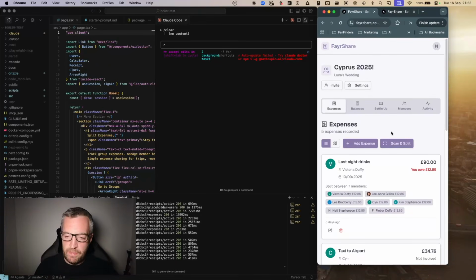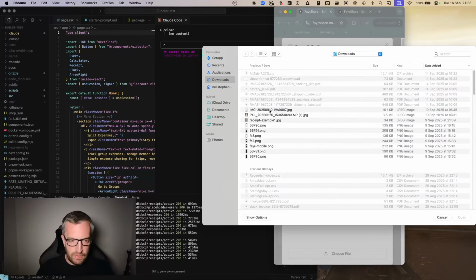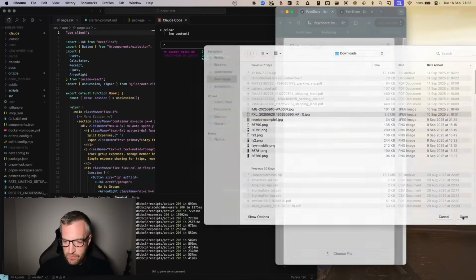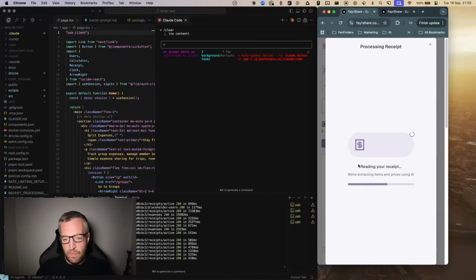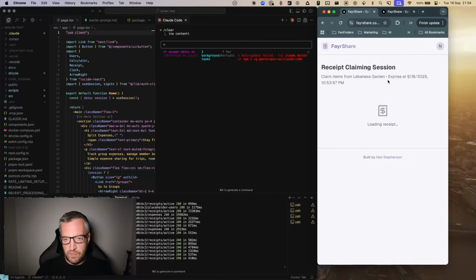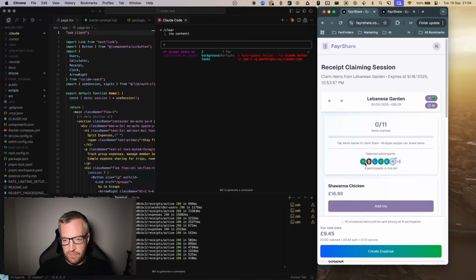I'll just run through one of the features I built that Splitwise doesn't have, but I wanted to use a lot, which is called scan and split. So you just upload a receipt or scan it in, and then you pick who in the group is involved in it, and then AI is scanning the receipt, and it's going to pick out all the individual items one by one, and it will list them in a long list of items individually. And then what it's doing is creating a live sharing session, so everyone in the group will be able to join this session, and you can see these are the people that are involved. Only I'm in it now because everyone else is offline, but